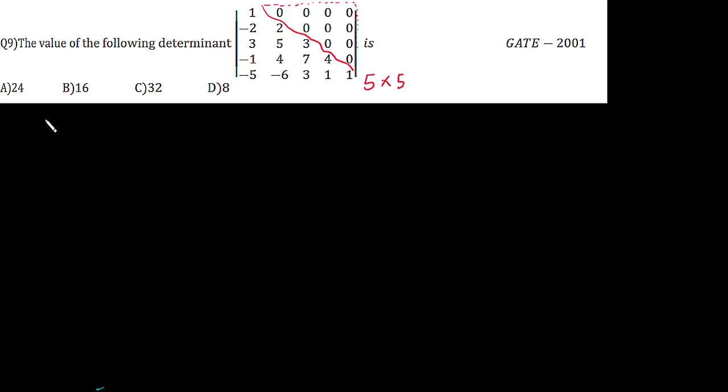Now recall, if any matrix is upper triangular or lower triangular, then it has one property regarding the determinant. So simply we have to use this property here. Let's write what the property is. If any matrix is either lower or upper triangular, then